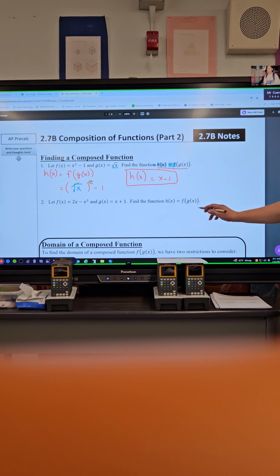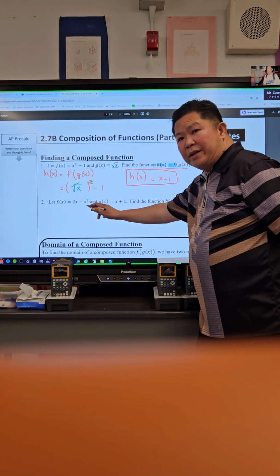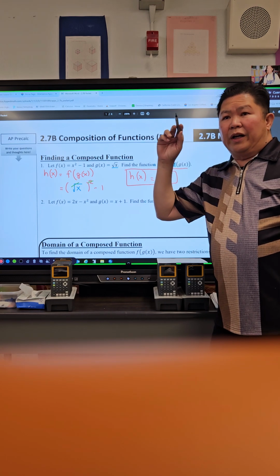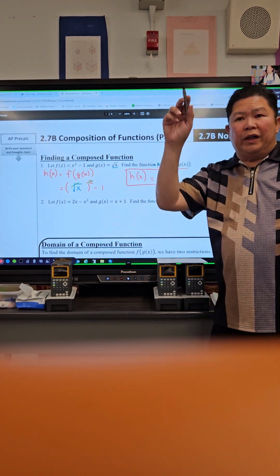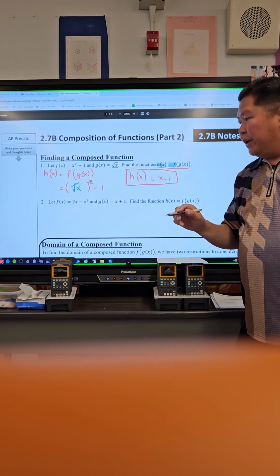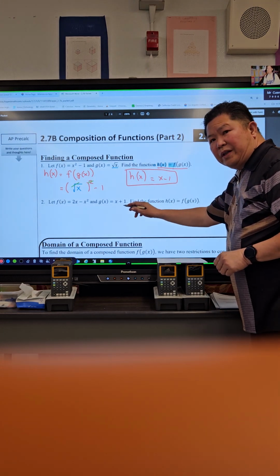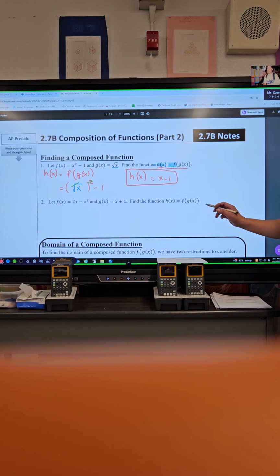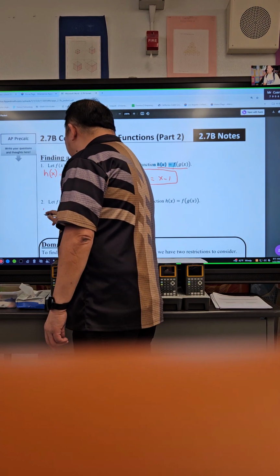So what is defined right here? What is the outside function? F is outside, so we copy the f, which is 2x minus x squared. But make sure instead of writing x for this one, you put that inside the parentheses. And what is to be written inside the parentheses is the g, which is x plus 1, because g of x right here is the inside function. Clear? So we're gonna simplify this in h of x as h of x